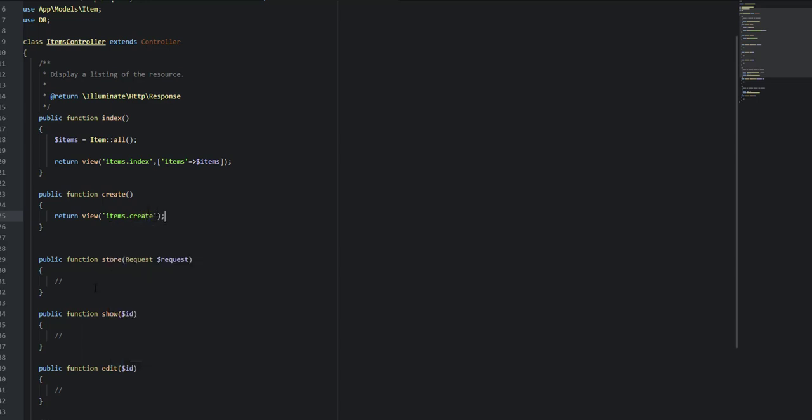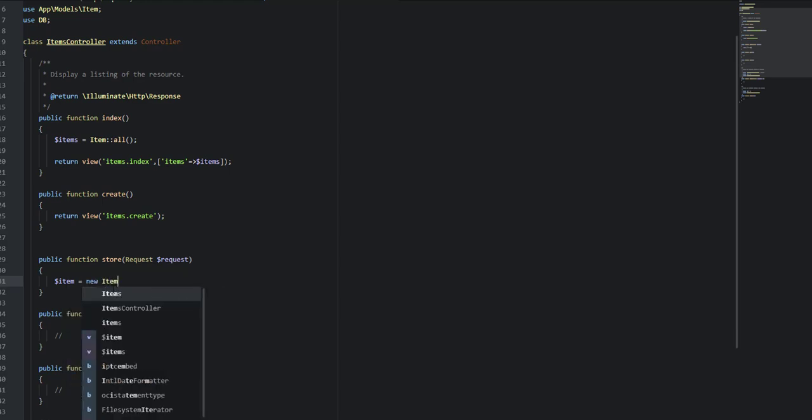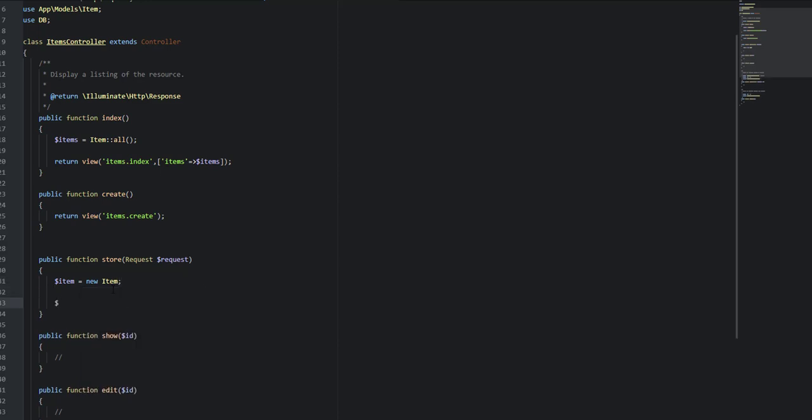That's pretty much it. And here we're gonna create item equals to, let's create an object item. This one, it's gonna be name